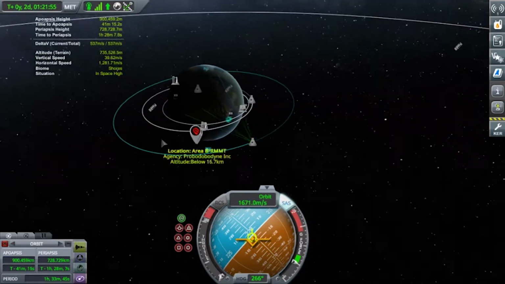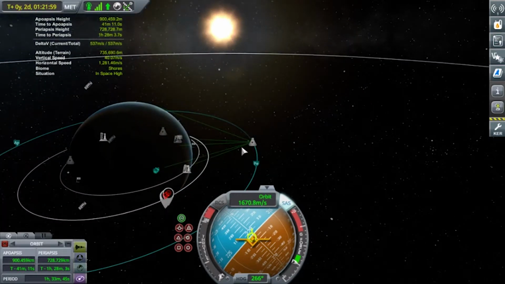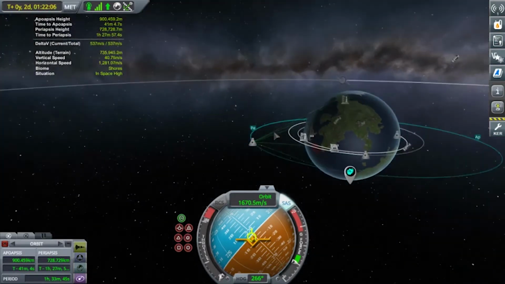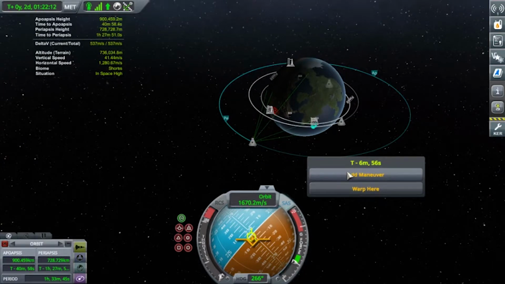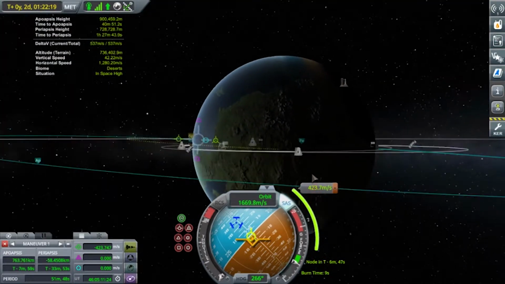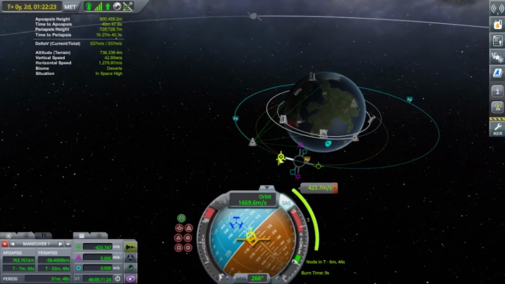Alright, let's see how much delta V we're going to need to actually land on Kerbin, and try to get ourselves somewhat closer to Kerbal Space Center. Let's see how much delta V it's going to take us. Do we have enough? Yes, we do. Yep, so pretty much 1,000 delta V was what we needed to get from the Mun back to Kerbin and